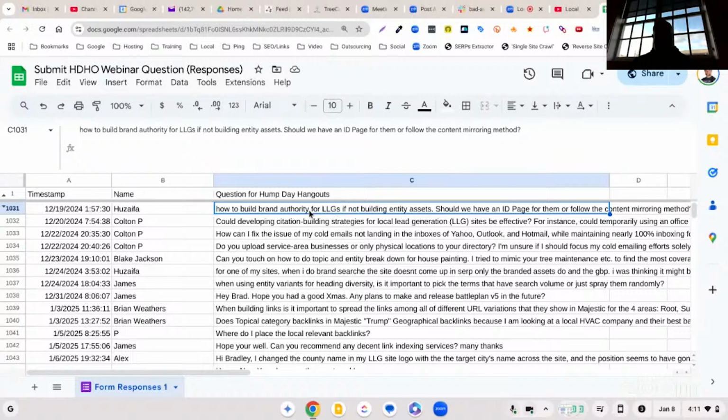So the least amount of effort possible is what you should be doing up front, right? The minimum viable product, so to speak, just enough to be able to point to it to improve your sales or your closing ratio. And then from there, once you have money coming in from selling marketing services to a company in the area where you had that site, you can invest a little bit of resources into building out additional assets. And guess who's paying for it at that point? Your client, not you. That's why I don't recommend doing that until you have a paying client in a particular location. I don't do it.